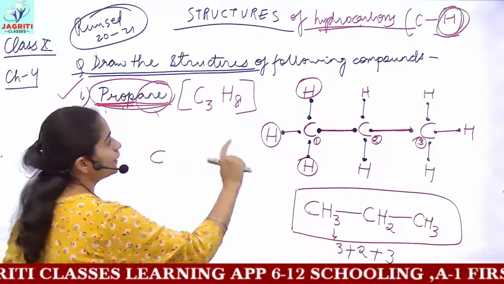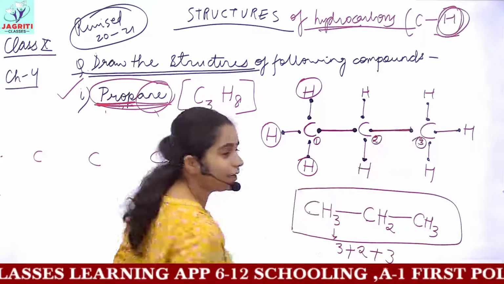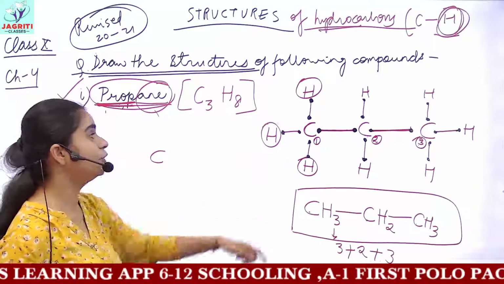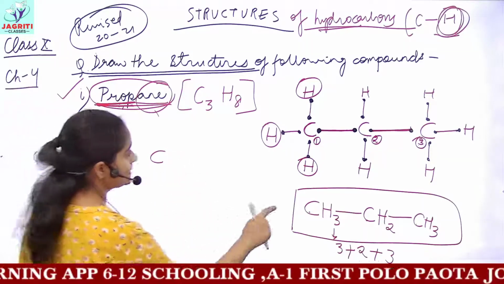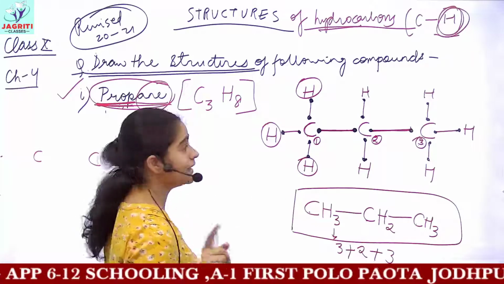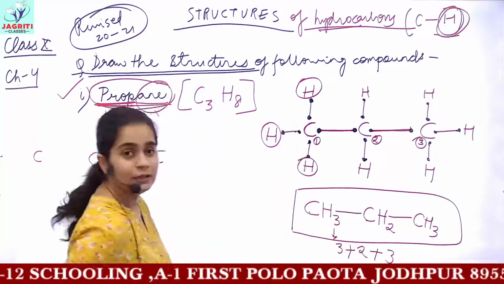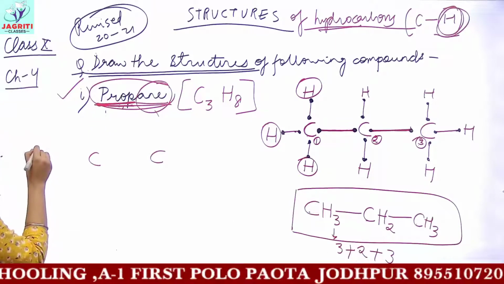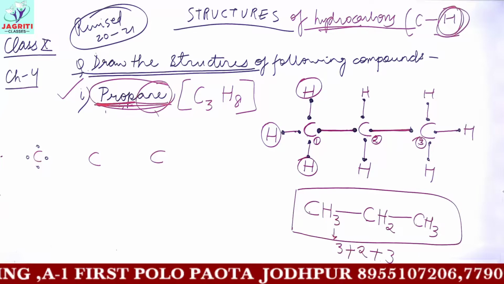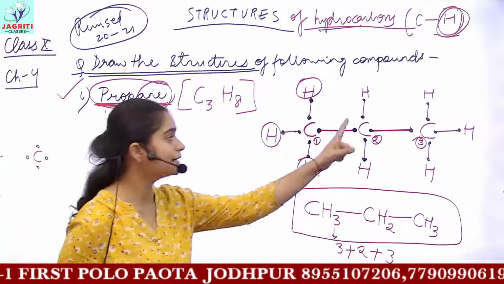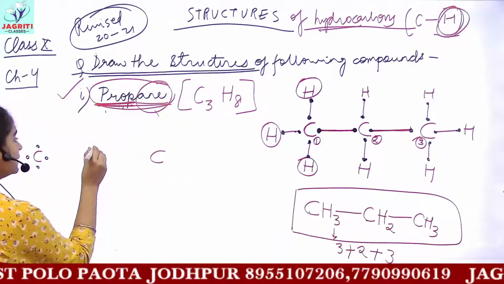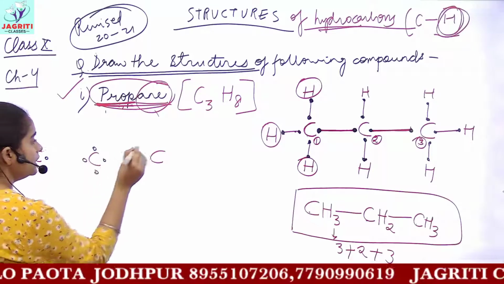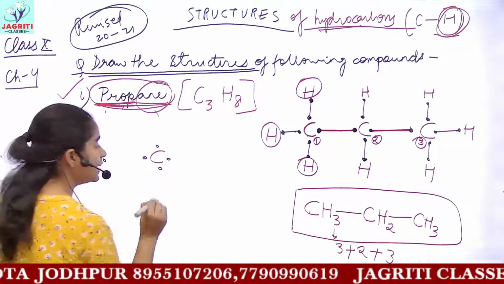So I have made 2 electrons, symbolized by black dots, on my bonds. By this I can see that this carbon contains how many electrons? 1, 2, 3, 4. So the first carbon contains 3 valence electrons with itself. Similar would be the case with all the carbons. All carbons are tetravalent in nature, so these contain 4 valence electrons.